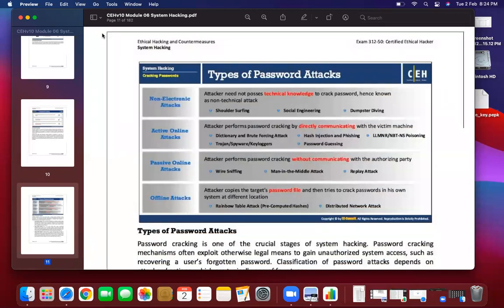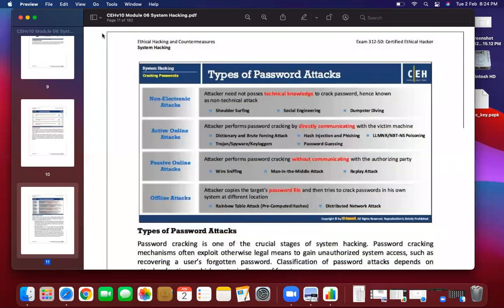What happens? A man in the middle attack means an attacker will be sitting in between your laptop's network and the internet connection, known as MITM, man in the middle attack.